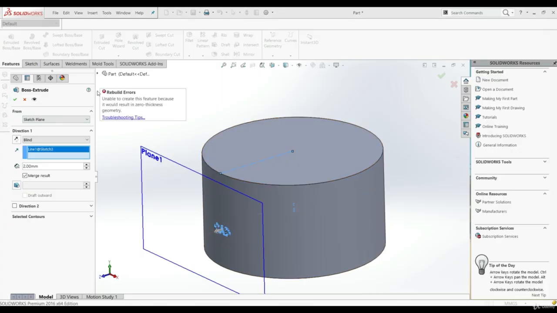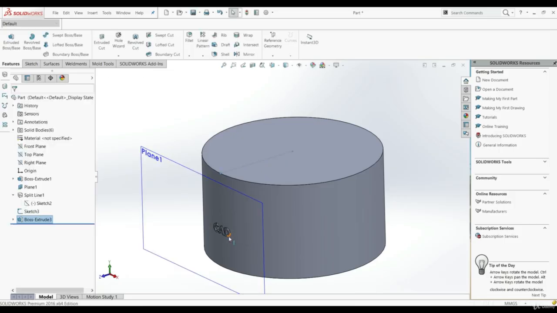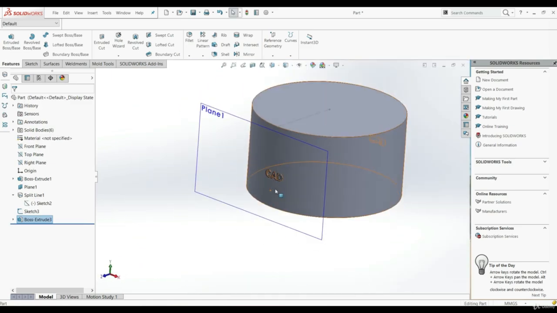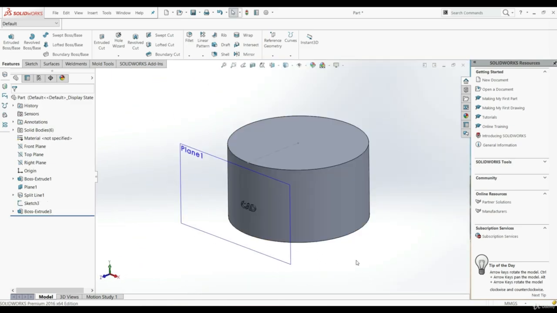Now we have an error: unable to create this feature because it would result in zero thickness geometry. So we have to uncheck Merge Result, and let's click OK. Now we have created a text here, like this. And this is how you can create a text using split line on the planar or curved face. As well, there's a faster way to create a text on this face, and this is by using wrap. That we show in the wrap